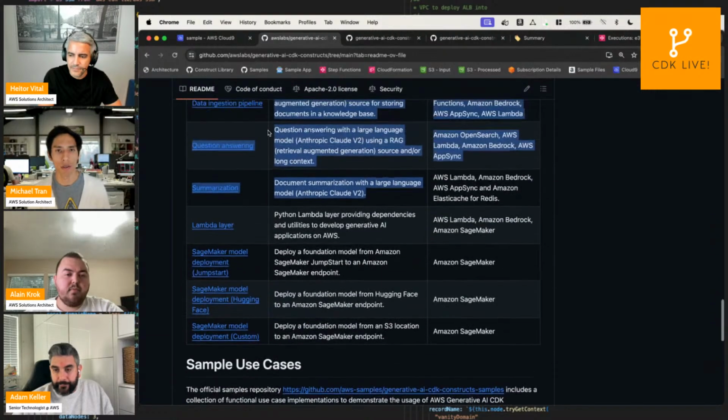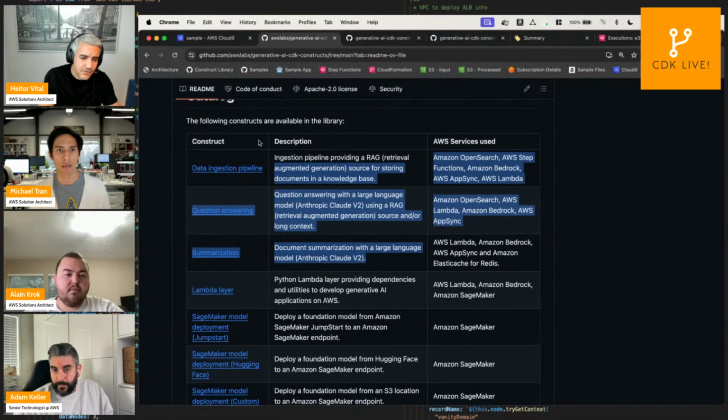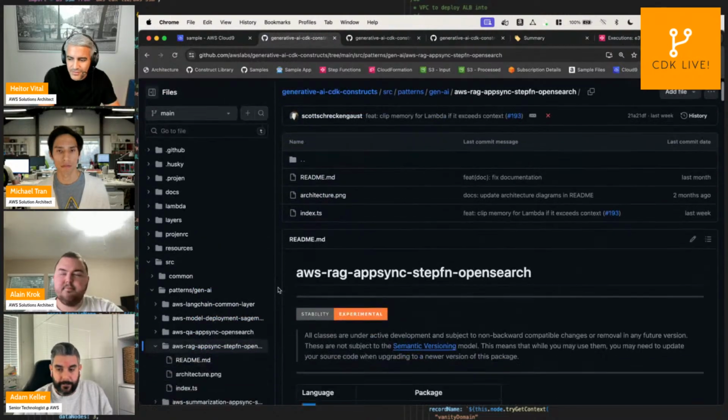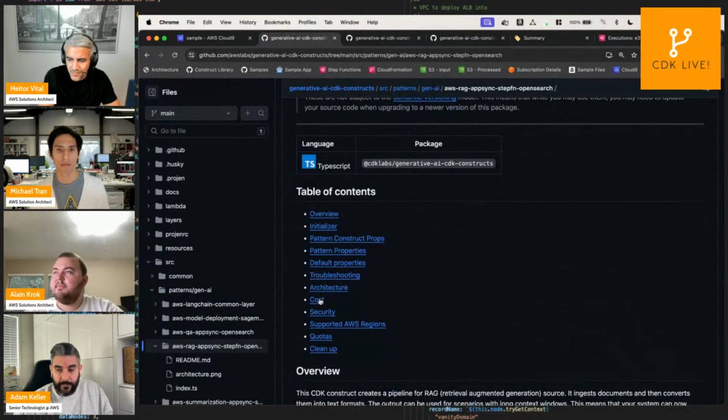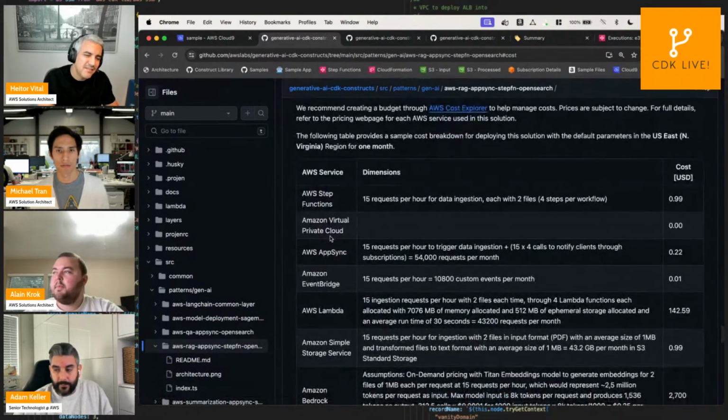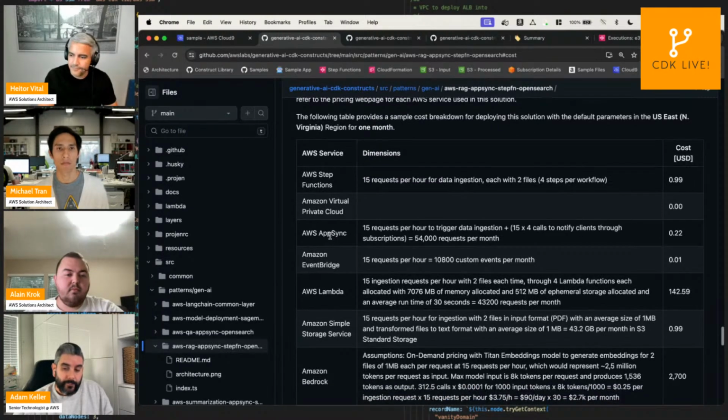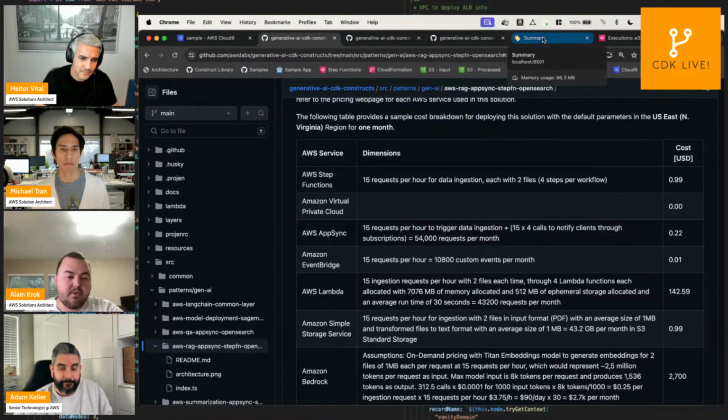If there are any other ones that are specific. Yeah, and like you said, Adam, in each construct here there is a section to dive deep on the costs related to deploying these. So you can have an example of what you're going to expect once deploying or using those constructs. Perfect. And on top of the cost, we also have a security section.